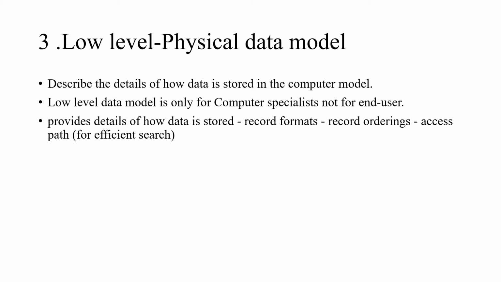Constraints mean there are some restrictions applied on this data. For example, the roll number is an 8-digit number. And relationship means, for example, student is one entity, then teacher is another entity. There is some relationship among those entities. So these are expressed by a data model. Based on this concept, there are 3 types of data model: physical or low level data model, representational or implementational data model, and high level or conceptual data model.